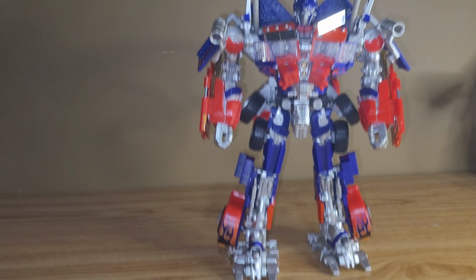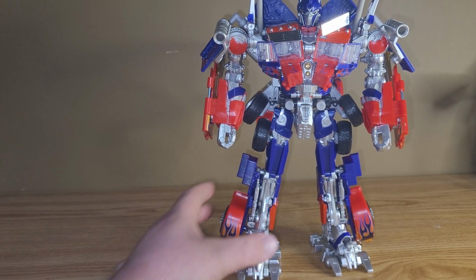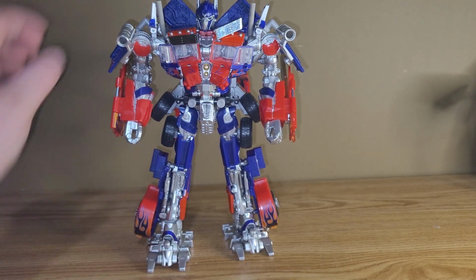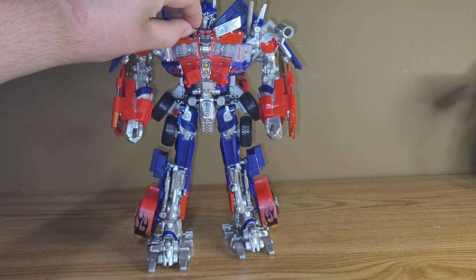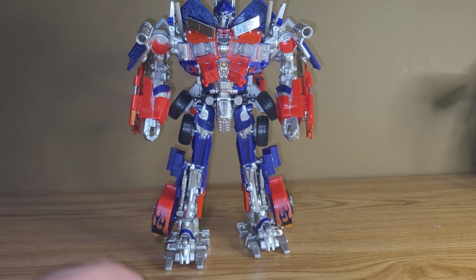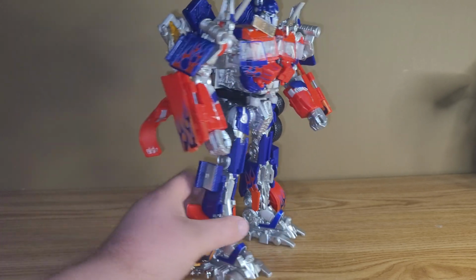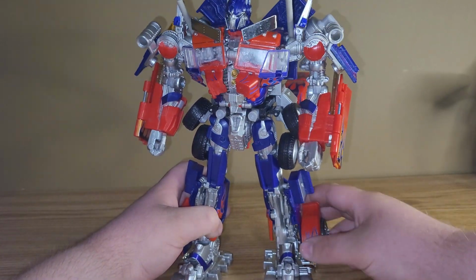And you can see Jetfire off to the side, so I'm going to try to... But yeah, there is Buster Optimus Prime in his robot mode, and he looks fantastic. I think, not just because of the paint. I mean, yes, the paint is obviously a big factor, but I think he...